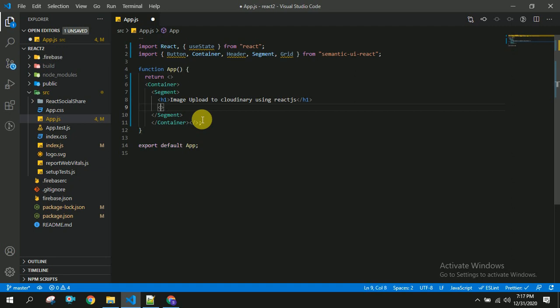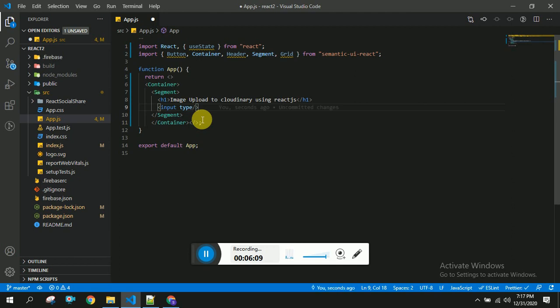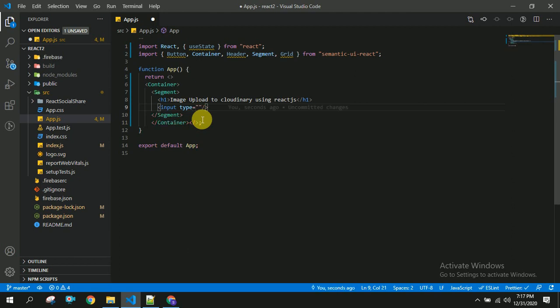And I am going to create a file input, type as file, placeholder equal to, I am going to display some upload image.